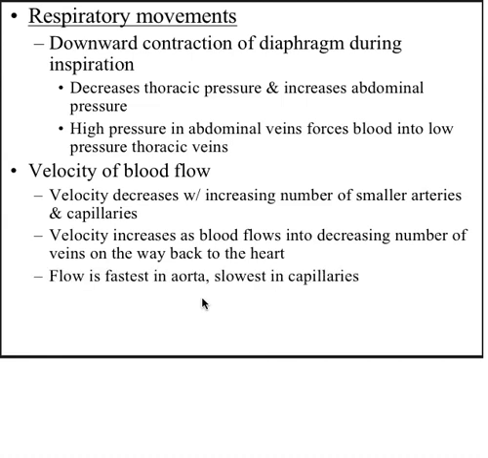Flow is fastest in the aorta, and it's going to be slowest in the capillaries, and that has to do again with distance from the blood pump and with the resistance that the fluid experiences as it flows through those tubes. This is again due to the rapid circulation in the aorta, and in capillaries the slow movement of blood